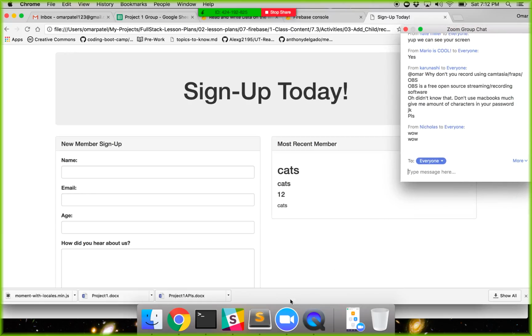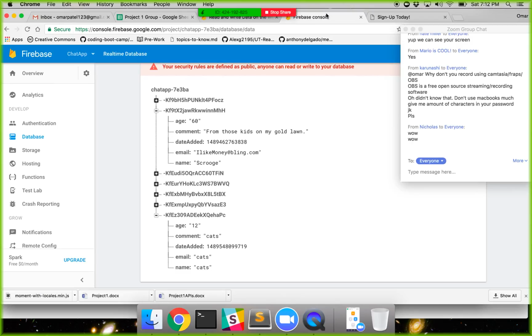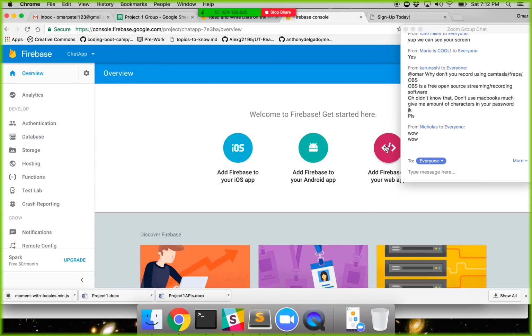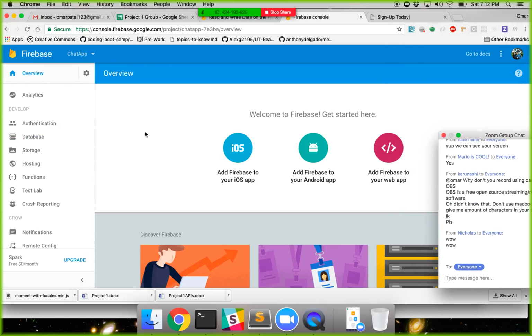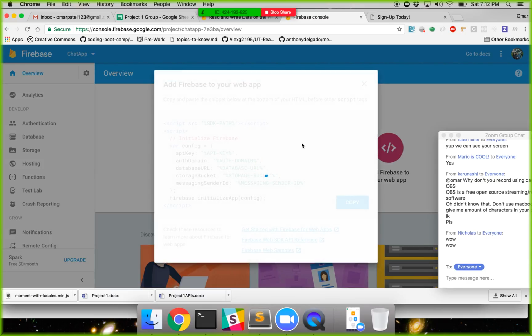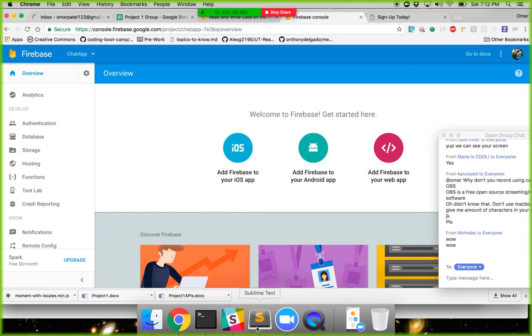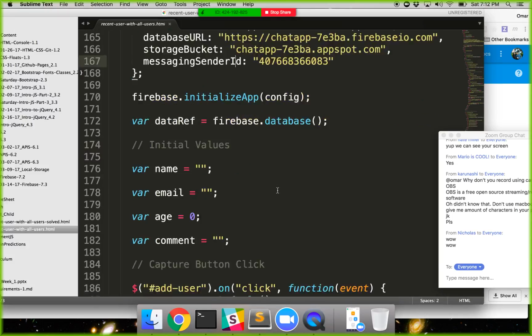Hey Omar, I have a quick question about when you're in that console online. Where's that config? The config stuff? I keep forgetting where it is. Overview. So you click on Overview, and then you click on Add Firebase to your web app. Ah, sweet. Thank you. Okay. So